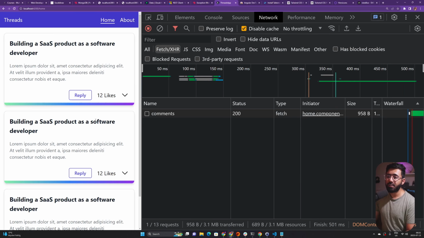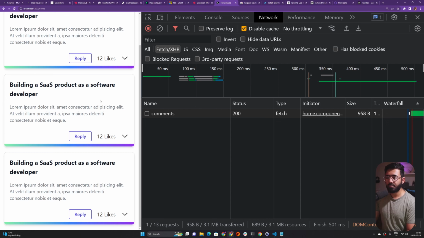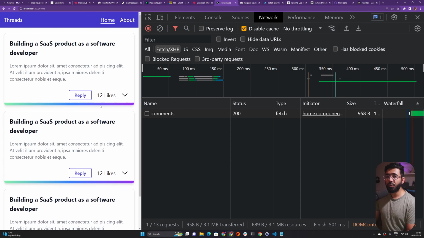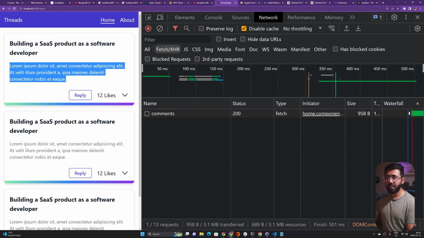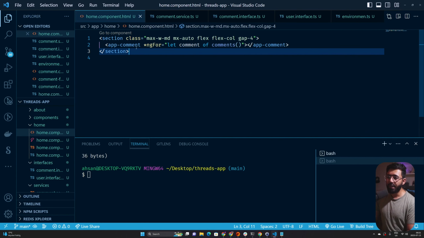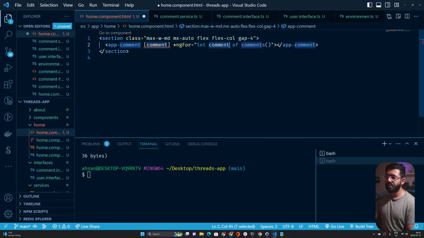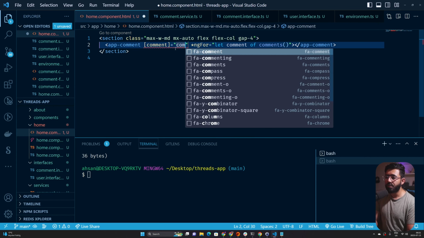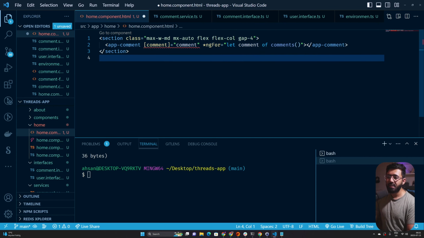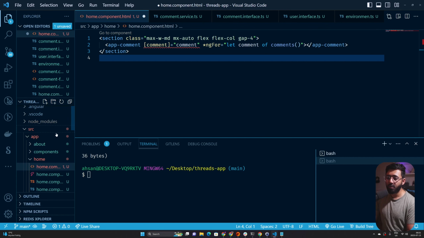Now if I refresh, you see we got 3 comments. Awesome. Now what we want to do is to be able to actually have the data of these comments reflecting here. So what you can do is we are going to pass the comment, this guy, as an attribute or input. So I can say comment equals comment, which means that this comment component now has to have an